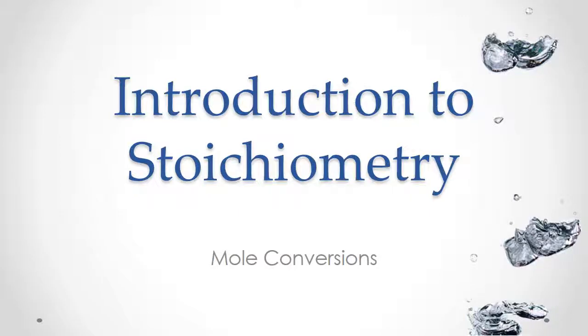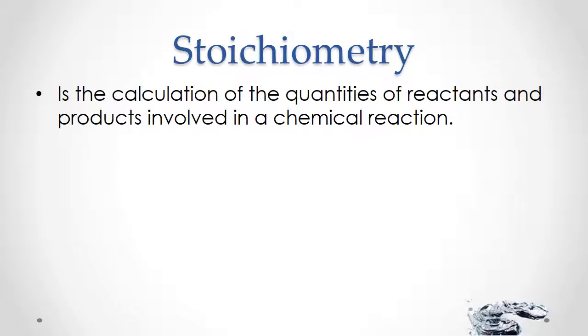Now we're going to begin talking about stoichiometry. Stoichiometry is the calculation of the quantities of reactants and products involved in a chemical reaction. Let's consider this general equation here, where the lowercase letters indicate the coefficients and the uppercase letters are representations for